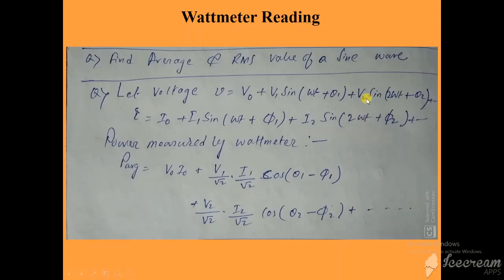Similar is the case for this term. When we multiply this with this, the first term will be 0, and when we multiply this term with this term, again it will be 0. But when we multiply this term with this term, again that cosine of a minus b will come. Consider this as a and this as b, so this and this get cancelled, right? And then this theta 2 minus phi 2 will remain. So this is the thing.